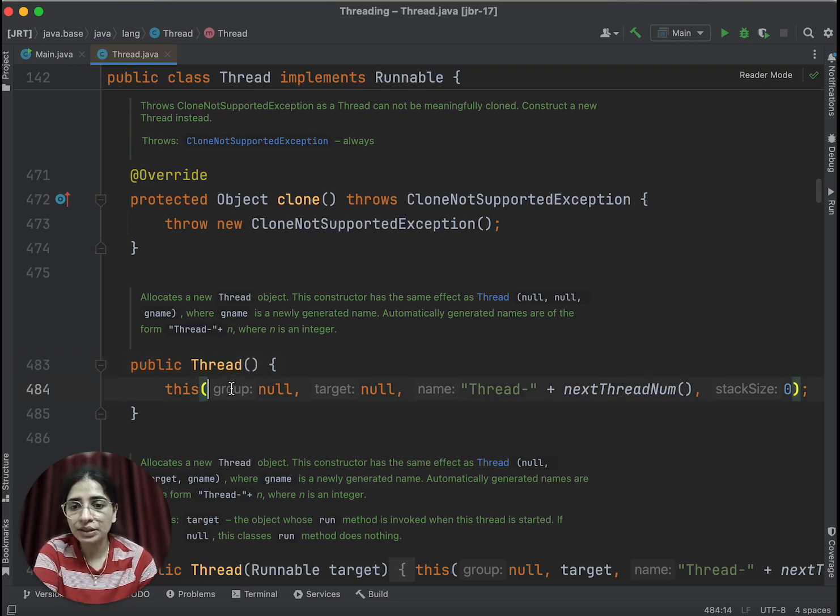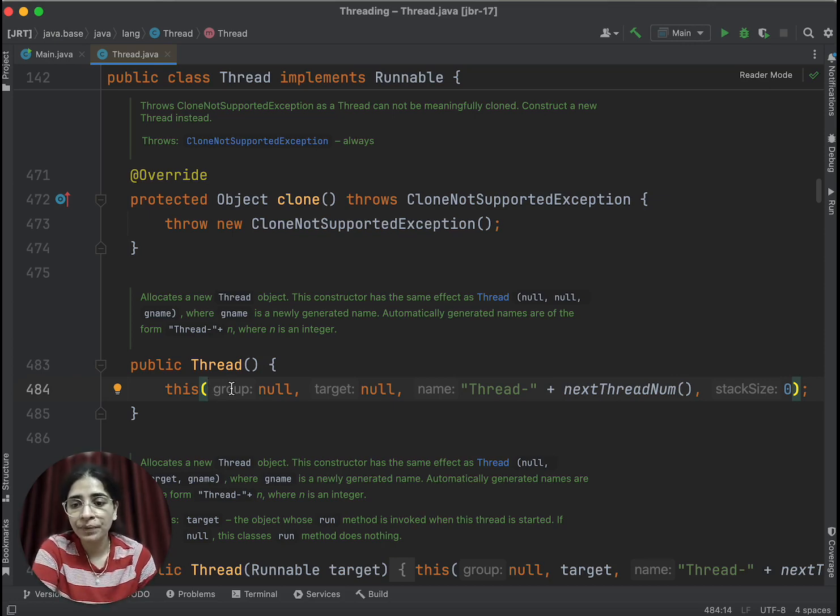The first one is the group. Whenever you're not telling what group you want to create this thread in, by default it creates the thread in the group from wherever the thread has been initiated. For example, main is one thread that is present by default whenever you start your application.